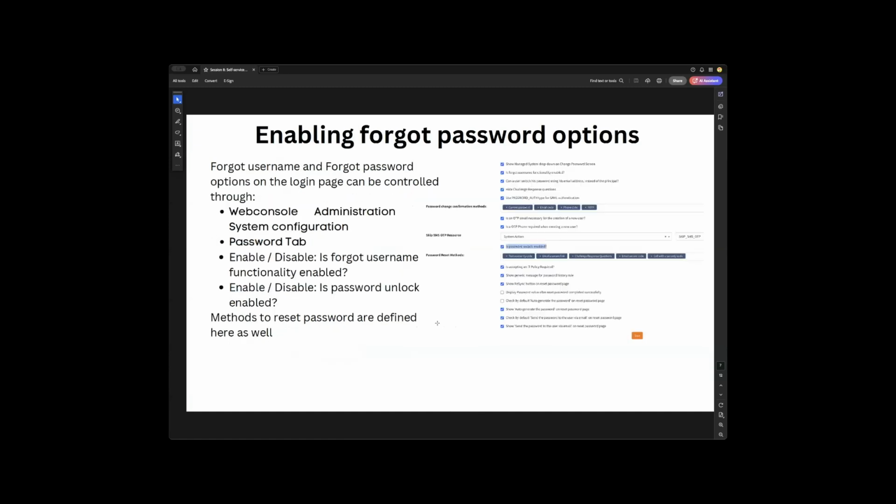Actually, one last thing. There in that system configuration area, there is a tab called password, and it controls which parameters that we expose on that login page, meaning do we want to turn on forgot username? Do we want to